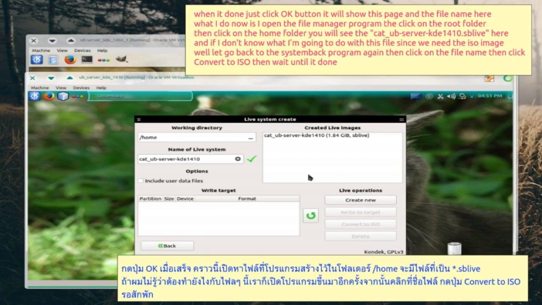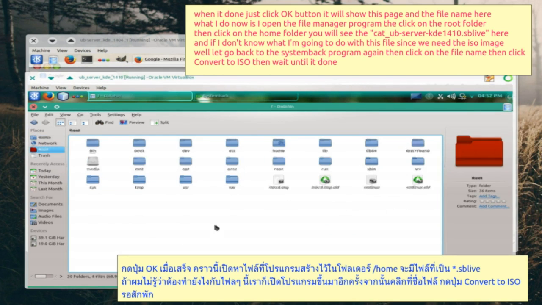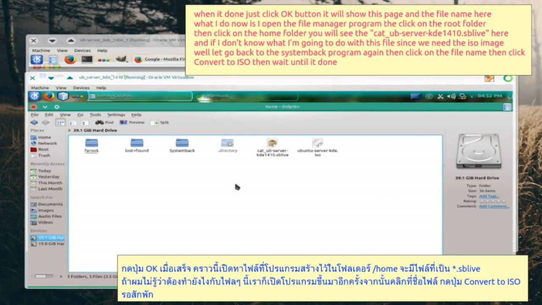When it's done, just click OK button. It will show this page and the file name here. What I do now is I open the file manager program, then click on the root folder, then click on the home folder. You will see the cat ub server kde.sb live here. And if I don't know what I'm going to do with this file, since we need the ISO image file,